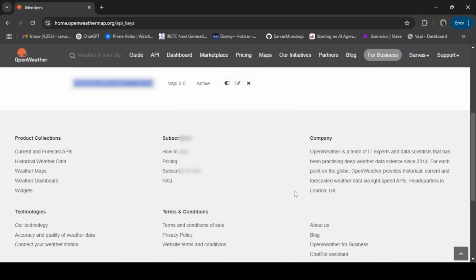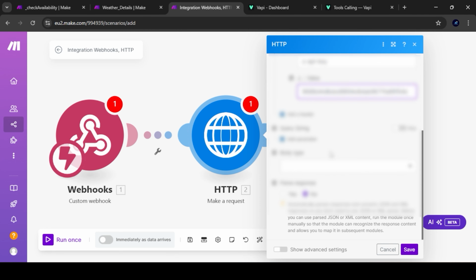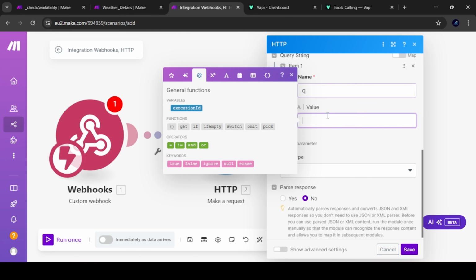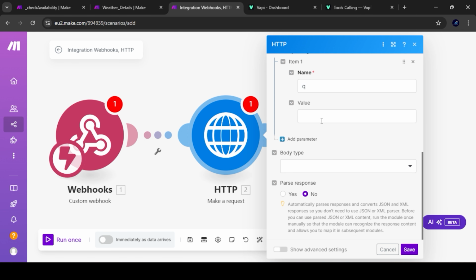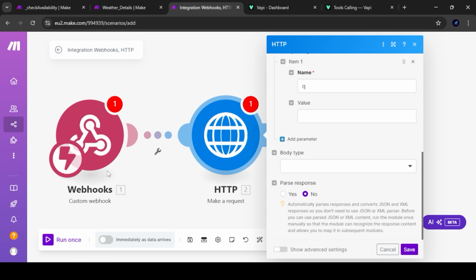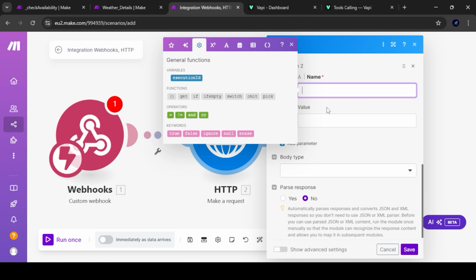I will copy the API key and paste it over here. And in the query we require the city name, the city whose weather details have to be fetched. So that will come dynamically from the webhook. We'll implement that in some time. Another thing that is required